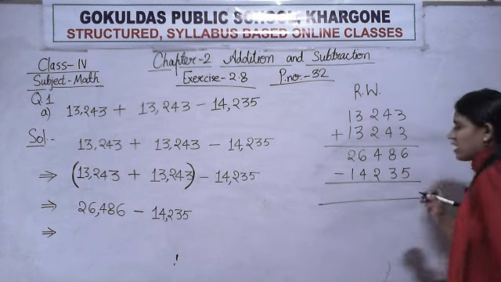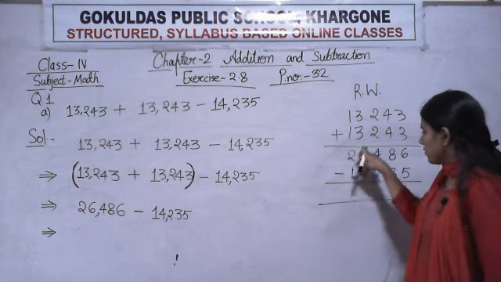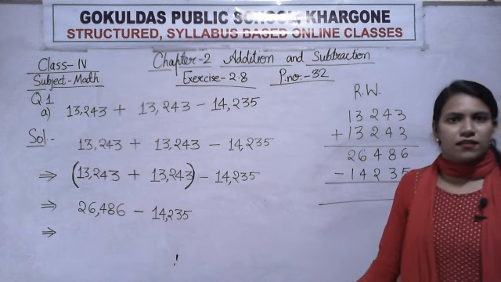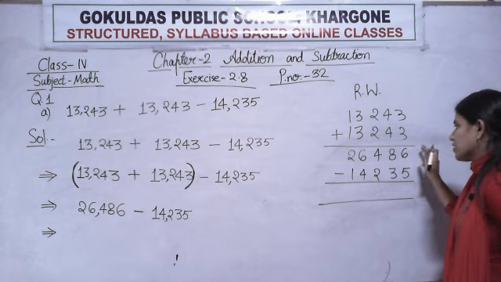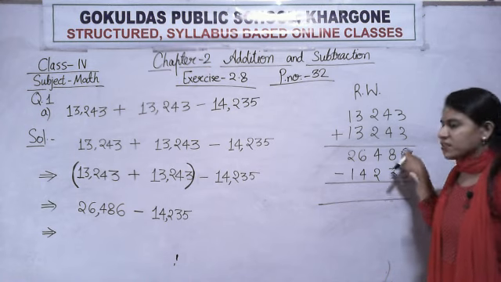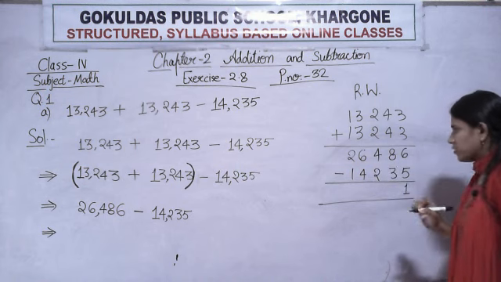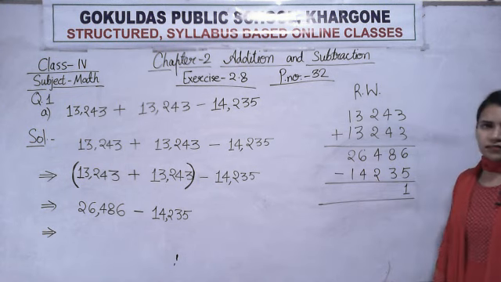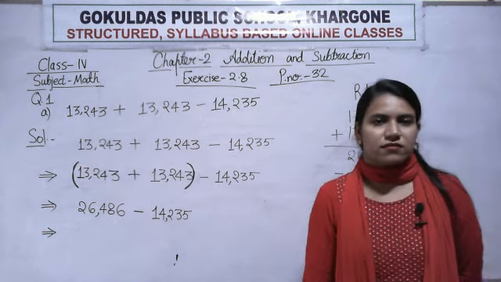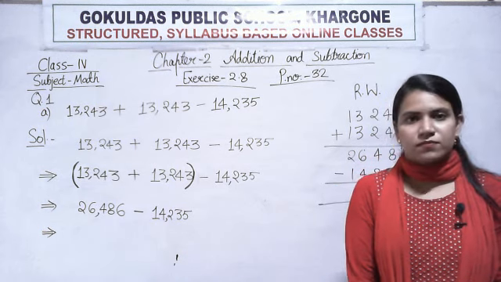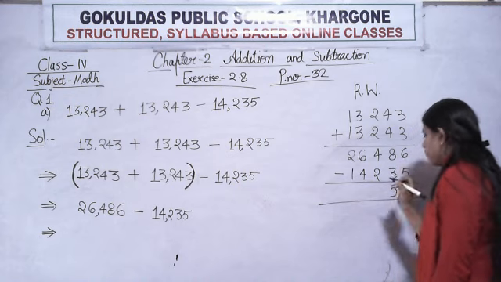Now start subtraction. From where should I start subtraction? From this column or from this column? From which side? Right. We always start subtraction from the ones column. Now subtract, the larger number is 6 minus 5. 6 minus 5 is 1. Good. 8 minus 3. Solve the next column. 8 minus 3. I am waiting for your answer. 8 minus 3 is, right, 8 minus 3 is 5.